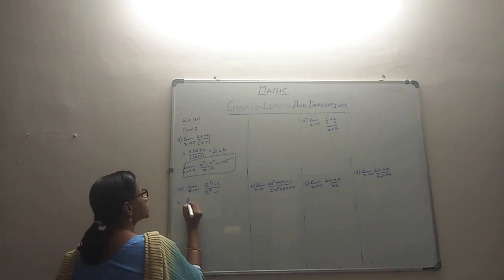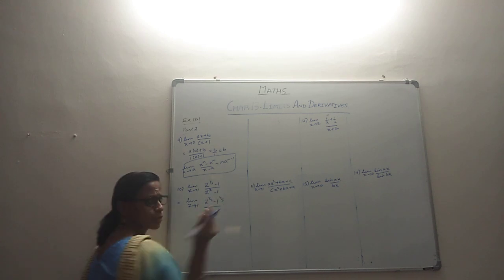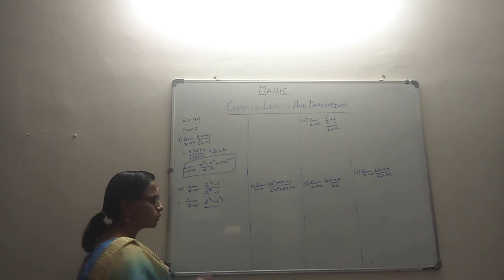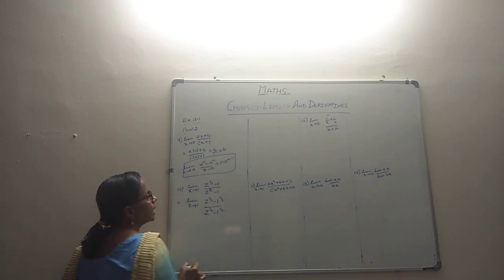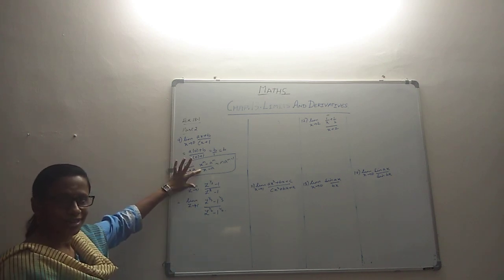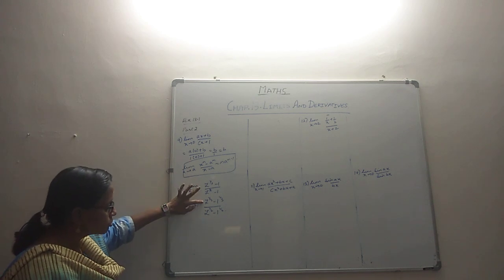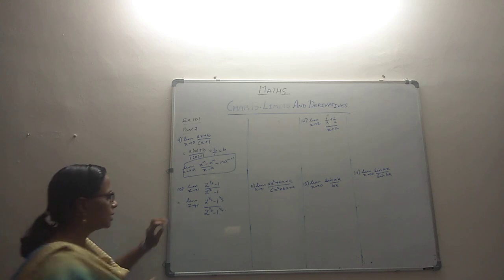So you could call this limit as z tends to 1, z raised to 1 by 3 minus 1 raised to 1 by 3. 1 raised to anything is 1 itself, so you can manipulate it in whatever way you want. Z raised to 1 by 6 minus 1 raised to 1 by 6. Now in order to get it in this form, you have to get z minus 1. You see this. Z minus 1 is required here also. Z minus 1 is required here also. We can introduce it, no problem.